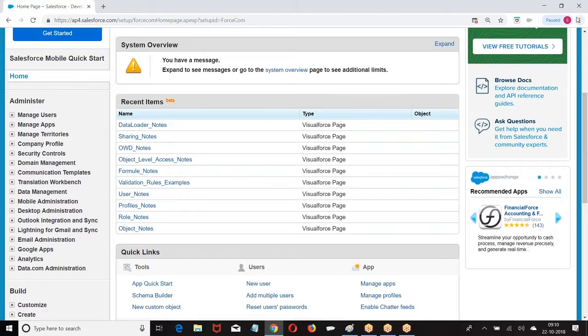Okay, then how do you create your own report types? Standard report types are created by Salesforce. How do you create your own report types? Let us look at this.